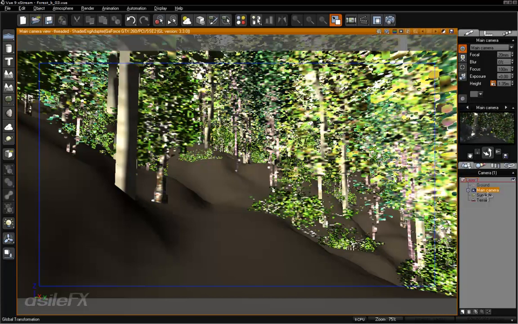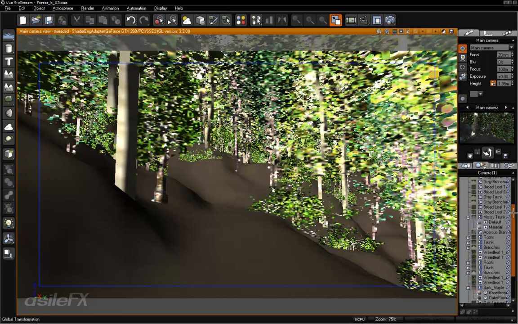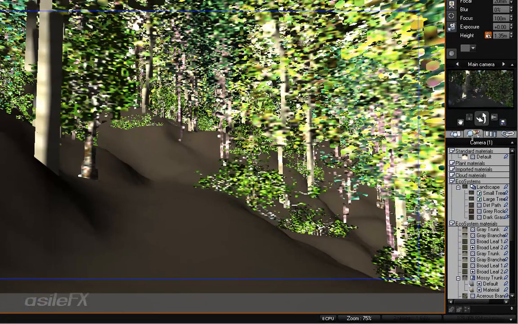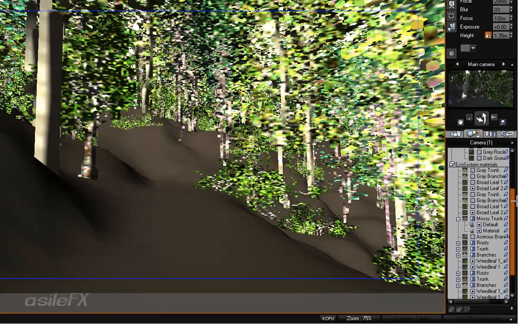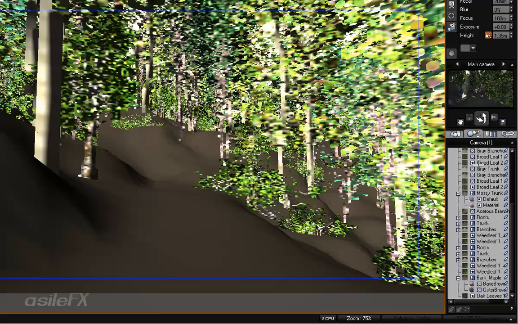So if we take a look at the bark materials, going over to the second tab in the world browser, we have a material tab. This is going to show us ecosystems, and the ecosystem materials is what we're looking at, and we can see all of the materials making up the ecosystem. So we can go through the individual bark and the trunks. We don't need to adjust the leaves, but going through the barks and the roots and the branches and decreasing